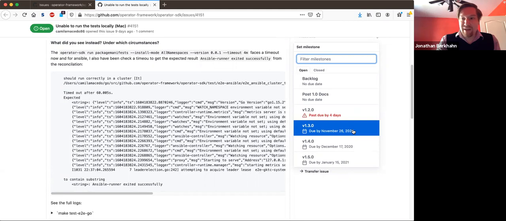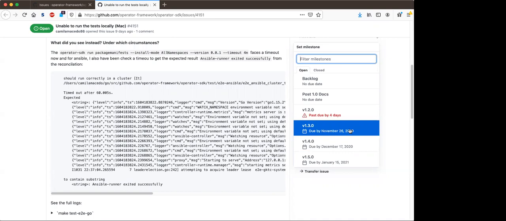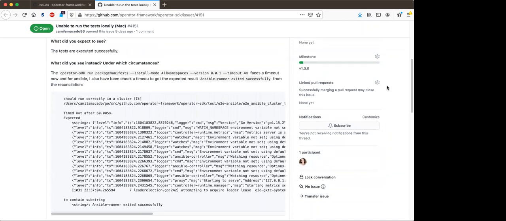Again, in the interest of time, would we want to put this in 1.3? I think one of the things I definitely want to happen in the next release is to get the tests to work locally for everyone. Yeah, I agree. Sorry.